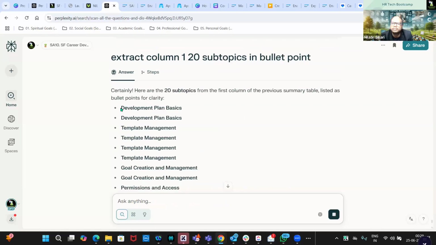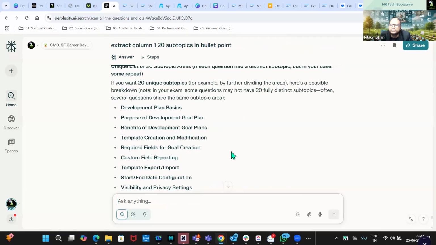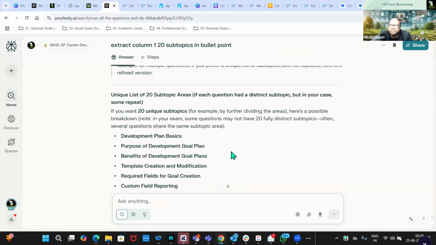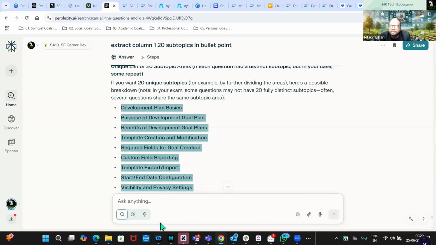Okay, so these are the areas of questions. Development plan basics, template management, goal creation, all these things were there, right? So all these 20 questions were coming from this area. And from the dividing area, possible breakdown in node, right? These are areas from where questions are coming up,